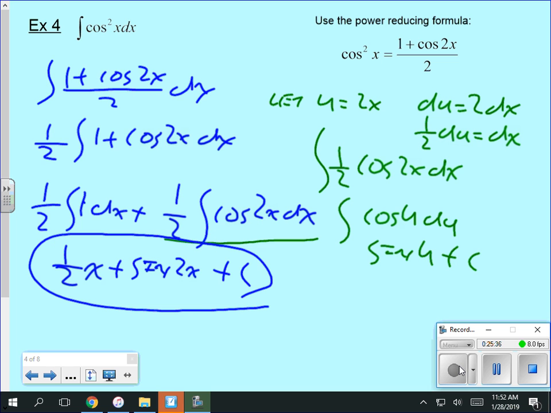There isn't one particular method that's necessarily going to work every single time for everything. I don't have to do a u substitution for the whole thing. If I have addition or subtraction, I can break an integral up into parts and say, okay, what's the antiderivative of this? Oh, I can do that one all by itself. I can do this one all by itself. I can pull constants out. I can stick constants back in. Yes. When you have 1/2 cosine 2x dx, right, why do you still